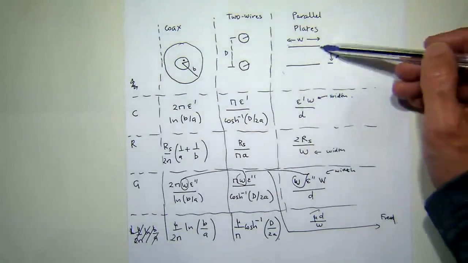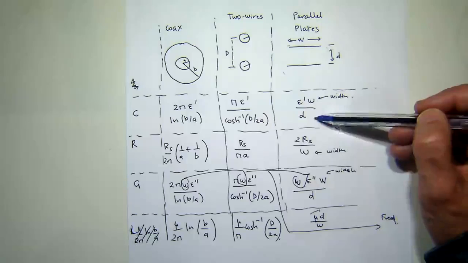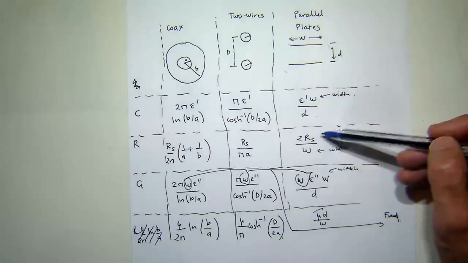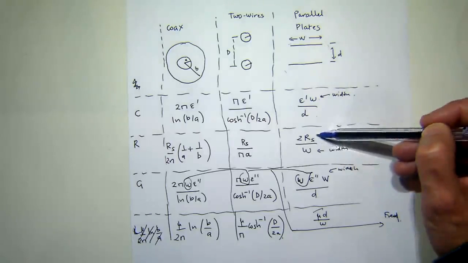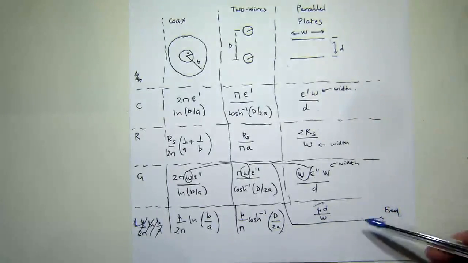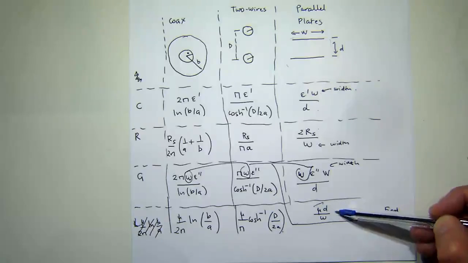You know that the capacitance between two parallel plates is the dielectric constant times width over distance. We know that the resistance is going to be 2 times the effective skin resistance over the width. And also, if you had parallel plates, the inductance per unit length is